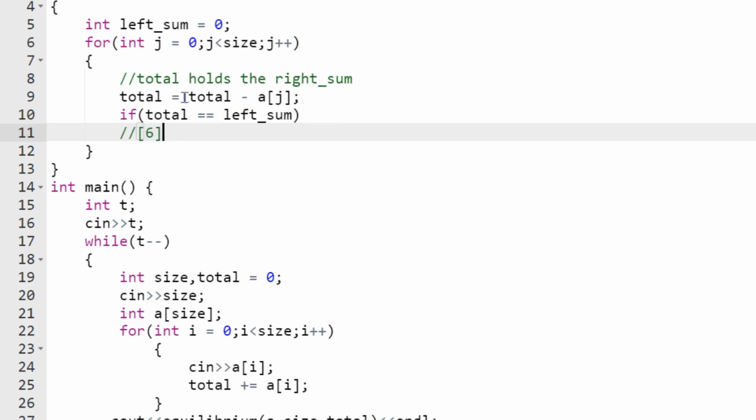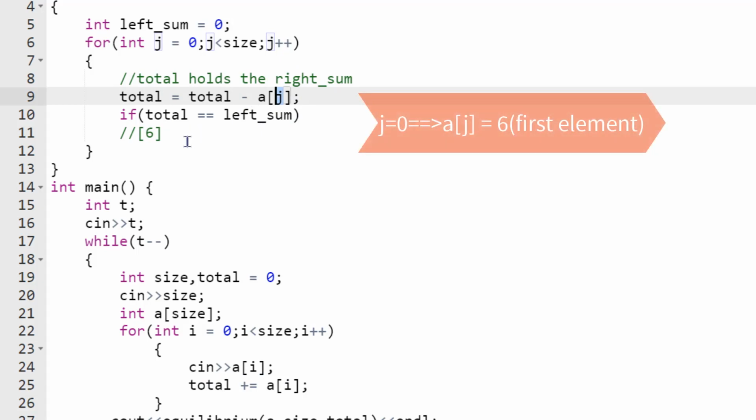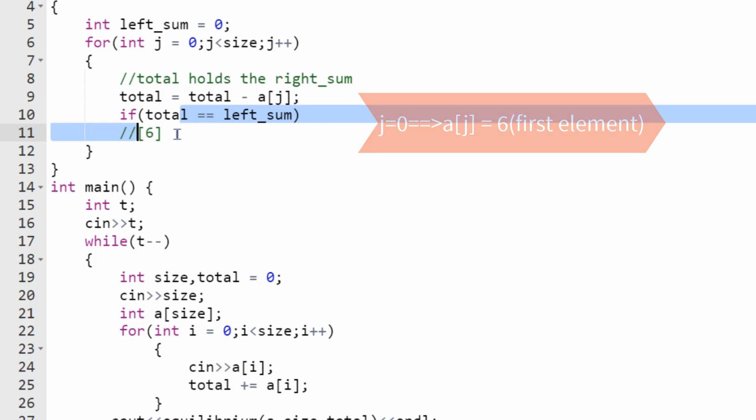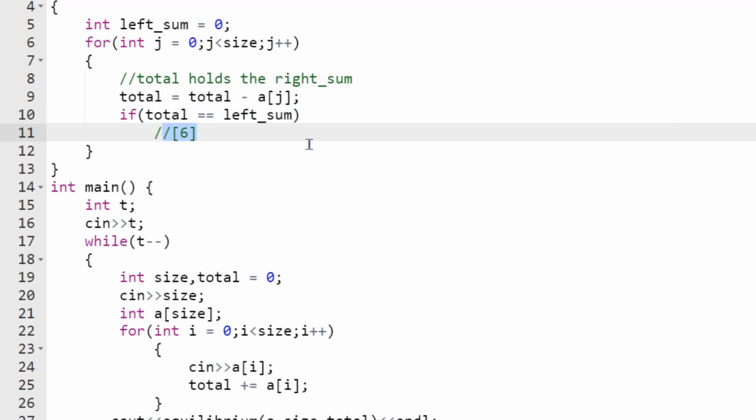We know that left sum is 0, because for the first element the left sum will be 0, and the total is 6, because we are finding here total. The total is 6. Total minus a of j, a of j will be 0 for the first element, so the total will be 0. So for the first element, total equals left sum, right? So what I'll do, I'll just simply return